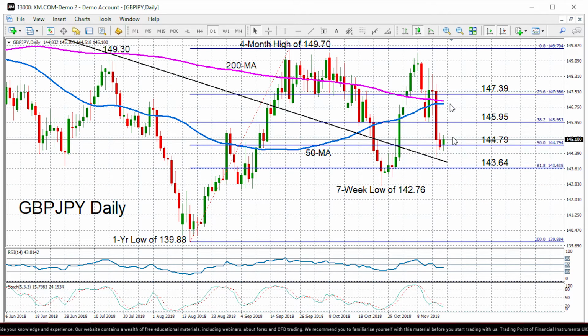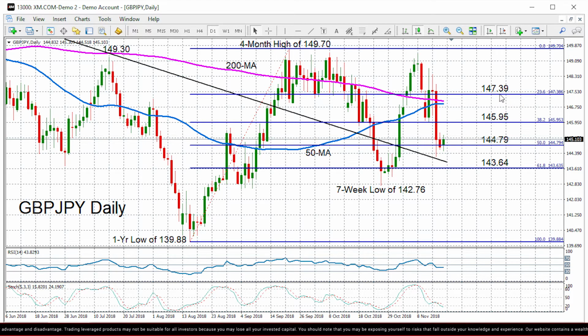To the upside, though, if we do see a bit of a rebound, especially as the stochastics point to it soon reaching oversold territory, we could see an initial rebound to the 38.2% Fibonacci at 145.95, and then we've got a key resistance region around the 147 level, which is where the 50 and 200-day moving averages are converging. If pound yen does manage to bounce above those moving averages, we could then see the focus shifting to the